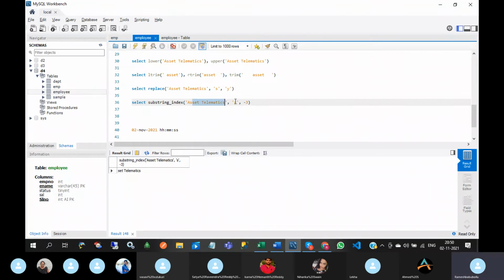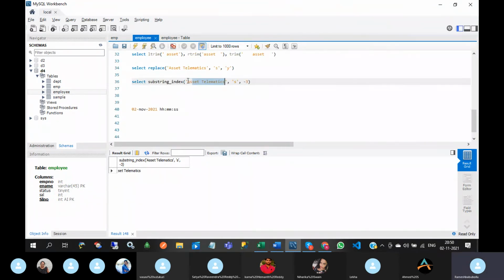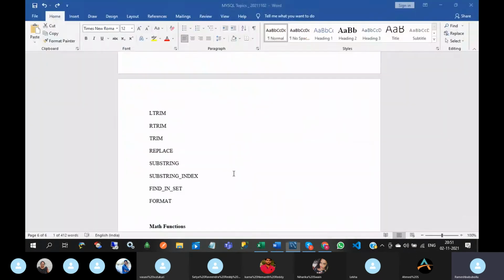So this is substring_index. Substring_index returns a string from a string before a specified number of occurrences of a delimiter. If it is a positive number, it will start from the left-hand side. If it is a negative number, it will start from the right-hand side.